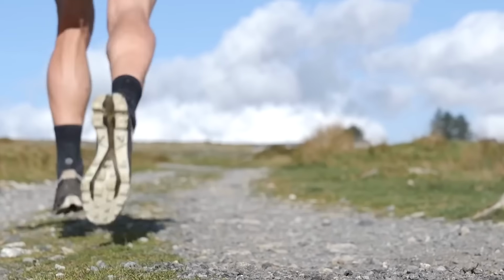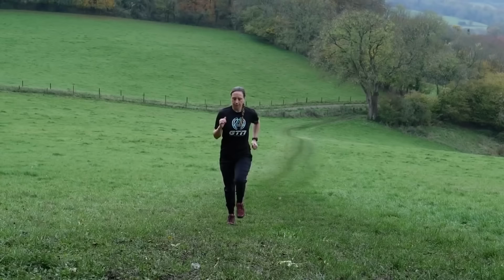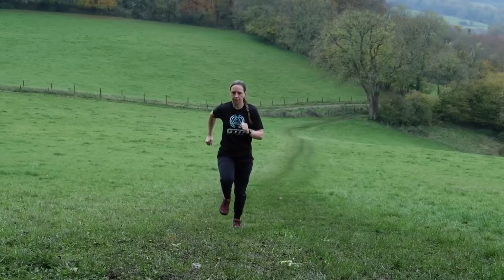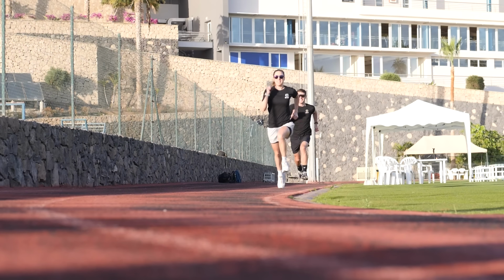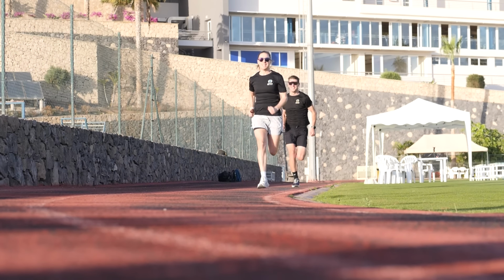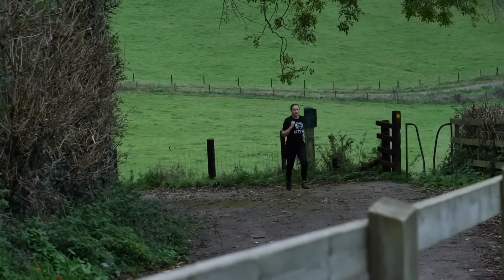And there's another session that I would say is an absolute must if you're looking to improve your running speed, and that is hills. This is a personal favorite of mine. It's fantastic for improving your strength, but also because it's fantastic for working at high intensity without necessarily having to run fast. What I mean by this is you can go and do some really short, hard intervals on a hill and get a really good workout from it, similar to what you would on a track like this, doing some short 5K intervals, for example, without necessarily having to run fast and therefore reducing the risk of injury,